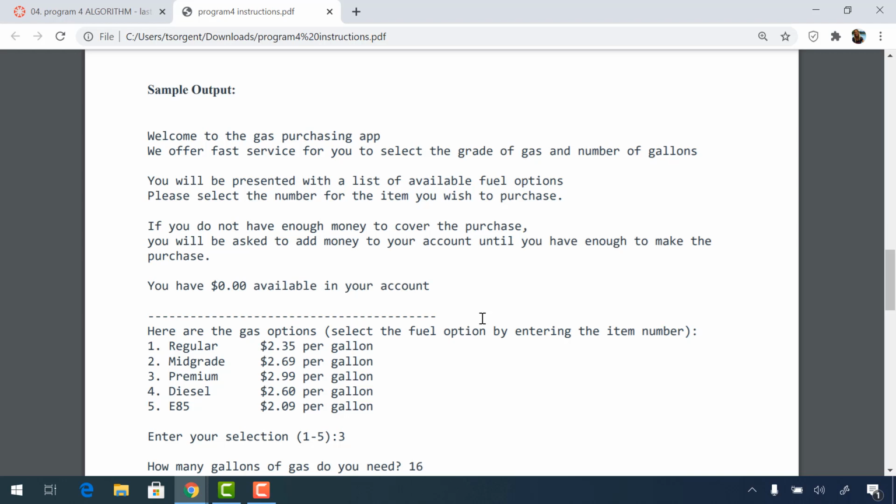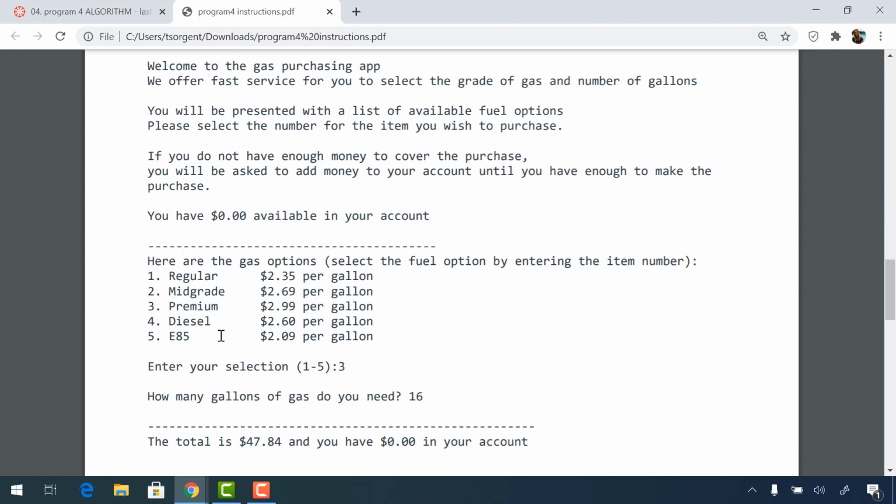You're going to welcome the user. You're going to be presented with a list of available fuel options. That's all part of the welcome. So you're going to have a welcome. And then what's going to happen? You're going to set your account balance to 0. Then you're going to have these options on what to purchase. So the user is going to have options 1 through 5 on what they would like to purchase and what the price is. Then the user is going to select the type of gas that they'd like to purchase,